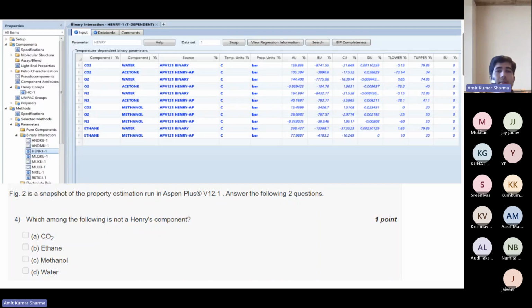There is a snapshot you can see here. See it clearly. Figure 2 is a snapshot of the property estimation run in Aspen Plus. Answer the next two questions. The first is, which among the following is not a Henry's component? CO2, ethane, methanol, and water. Water.